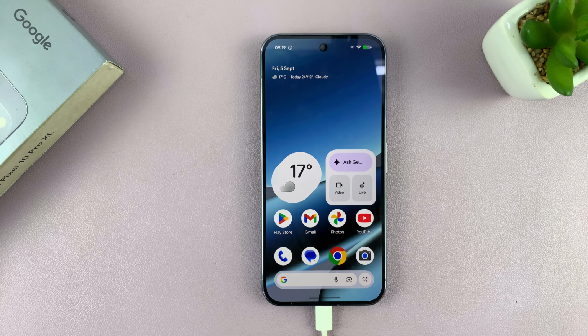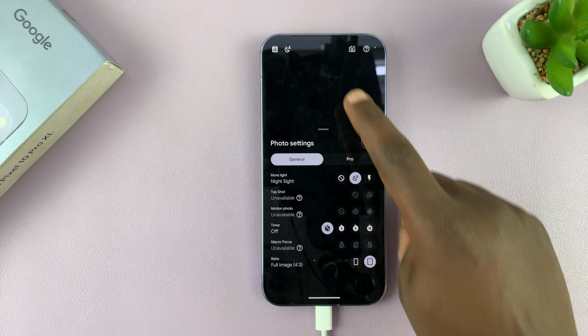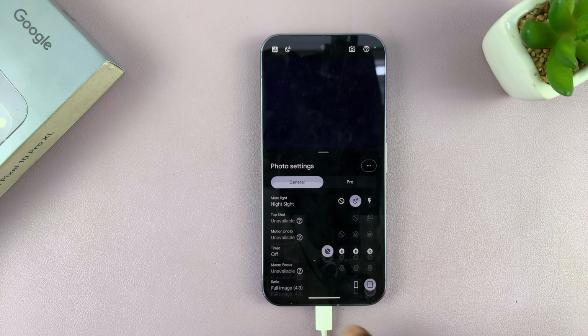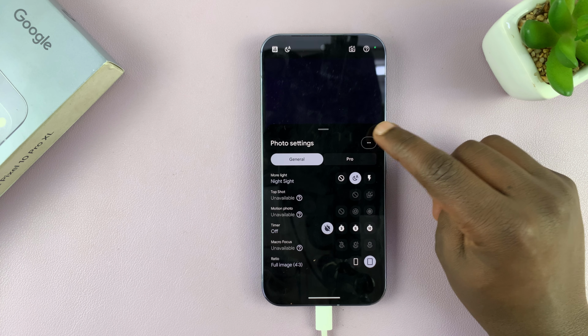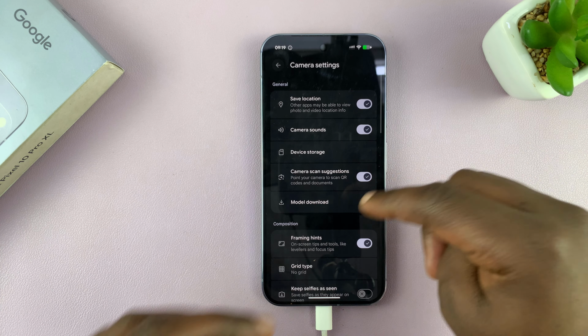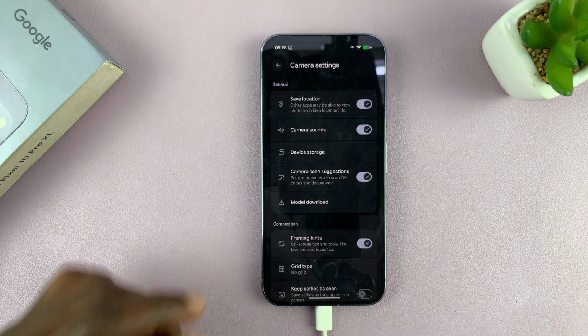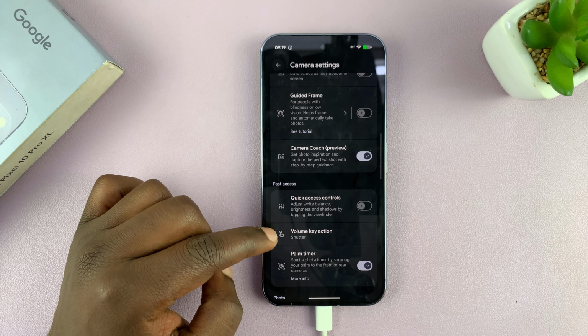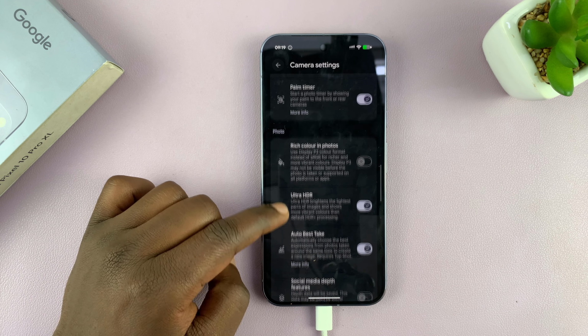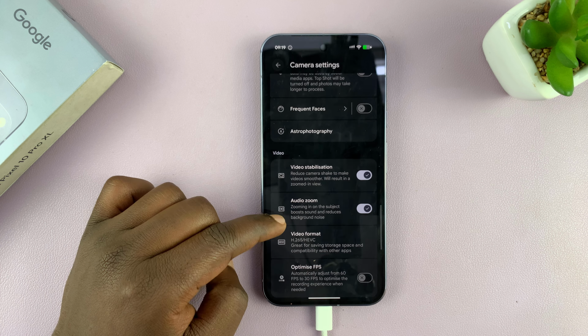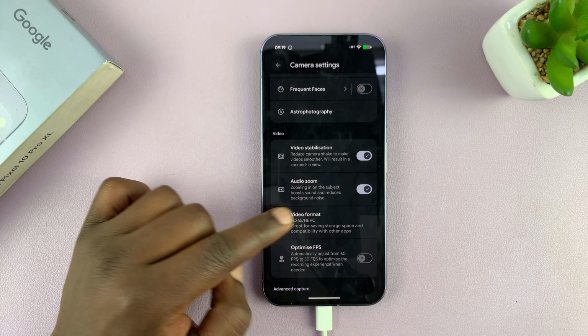So if you want to change the video format of your Pixel 10 or Pixel 10 Pro, just go to the camera settings. So just launch the camera and then tap on the settings icon. And then you want to tap on this 3-dot button, and that opens the entire camera settings. Now from here, you want to scroll down to the video section, and in the video format, you should see,